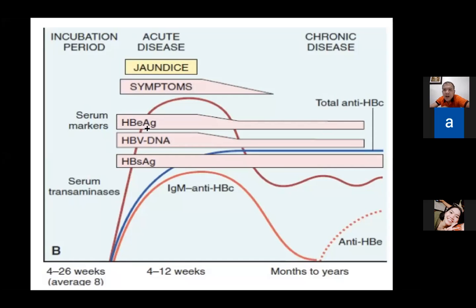This is a chronic one. How would you know it is chronic? Look at the HBsAg. It persists, so 2 months, 2 years, it is already chronic. So in which part of this illustration is the HBeAg positive? Basically from the time where HBeAg is there until the end, so basically the whole graph for this illustration.